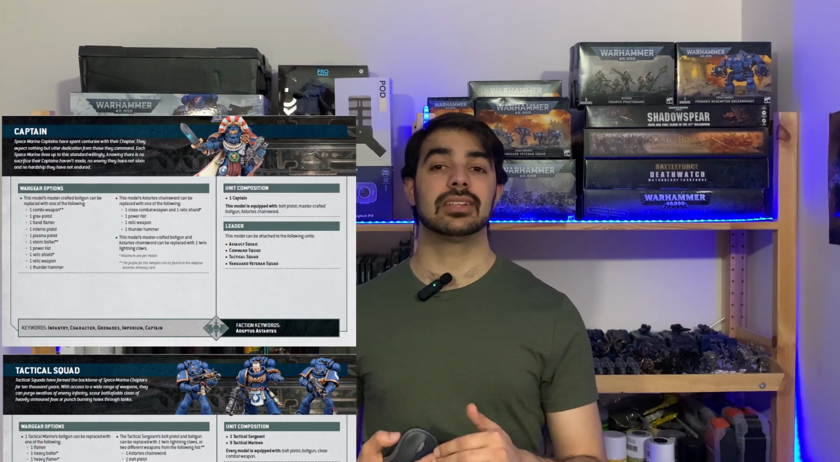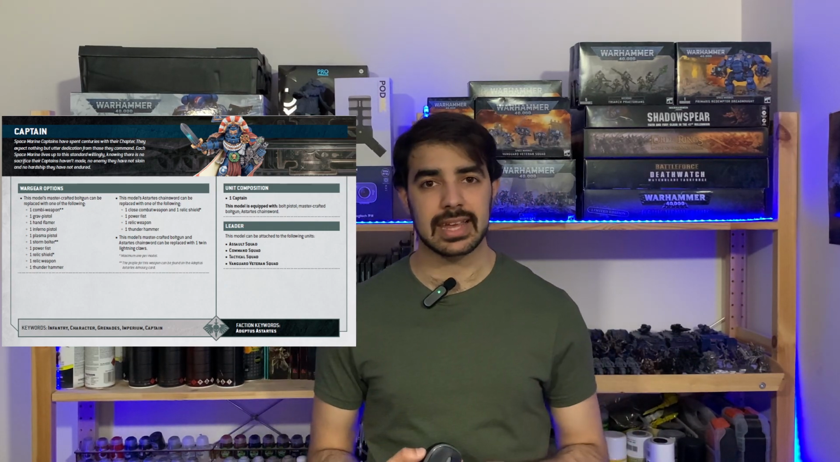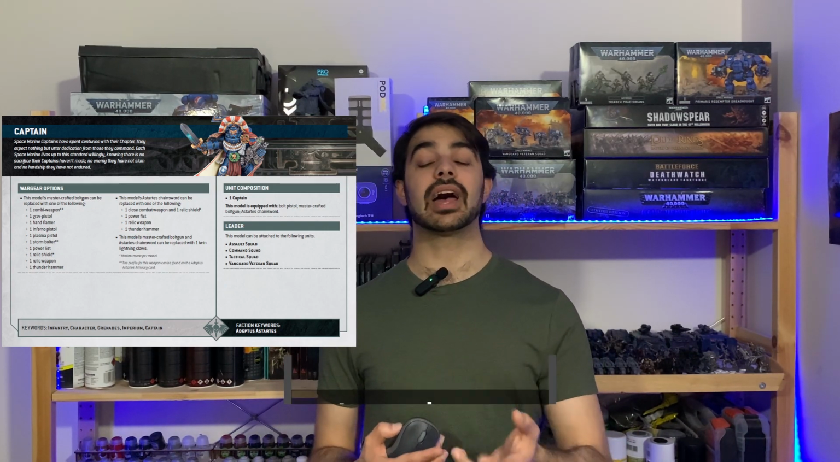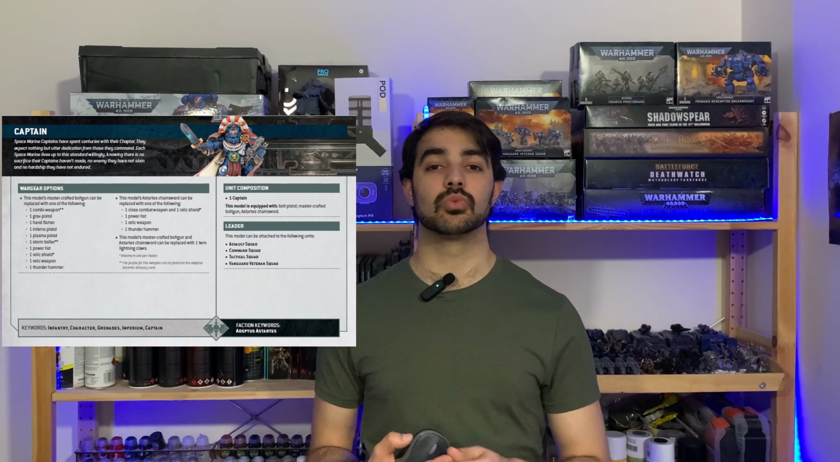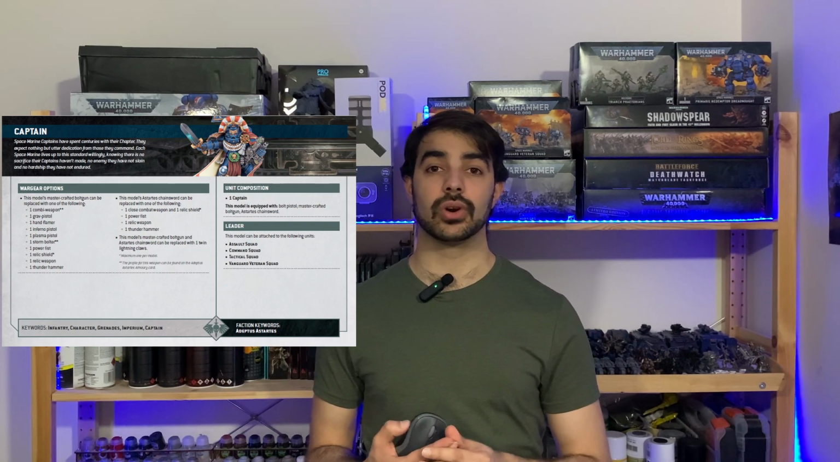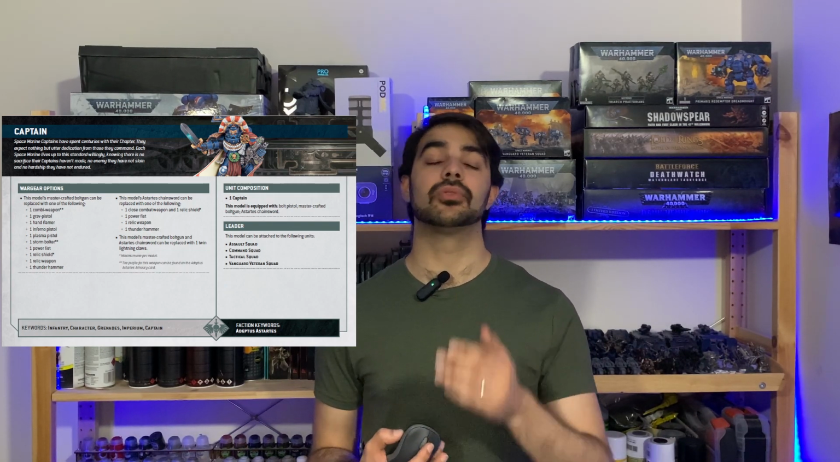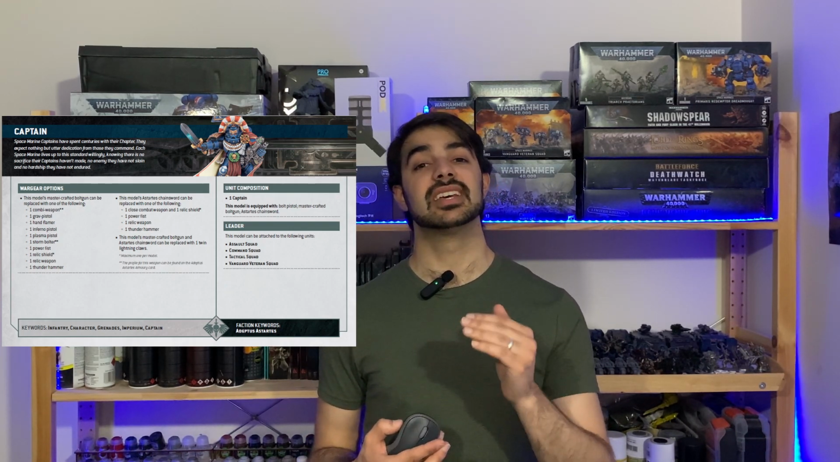Now, on the right hand side of the back of any character unit cards, which we're going to pull up a Space Marine Captain to have a look at, it will also have a leader section. The leader section for these units will tell you what units the character unit is able to join during your games. For example, the captain for the Space Marines shows that he can join assault squads, command squads, tactical squads,